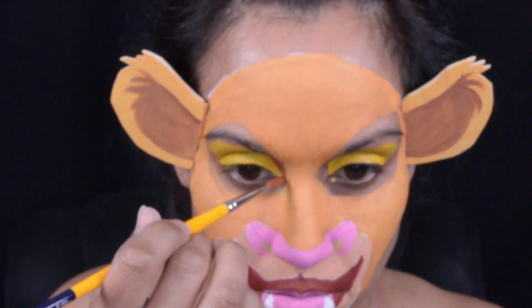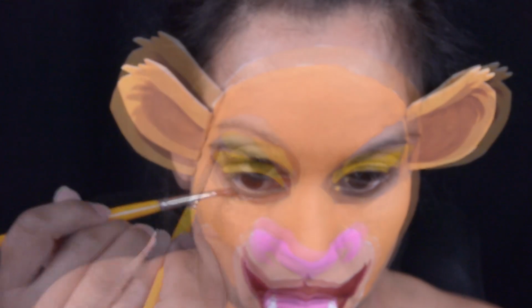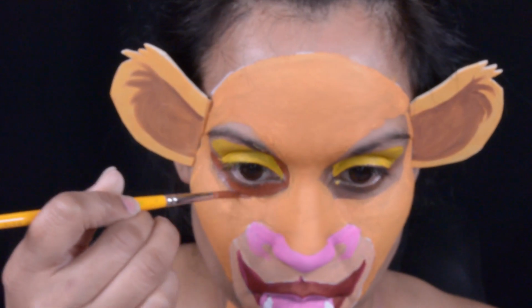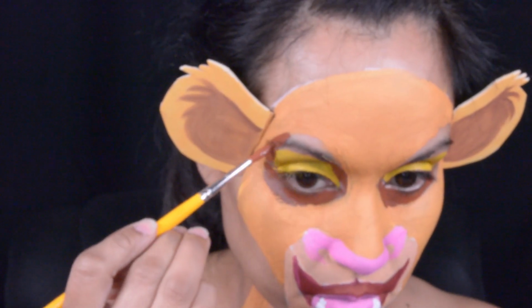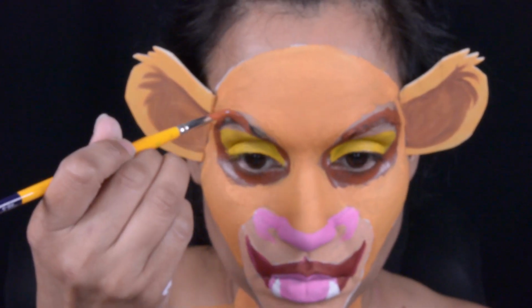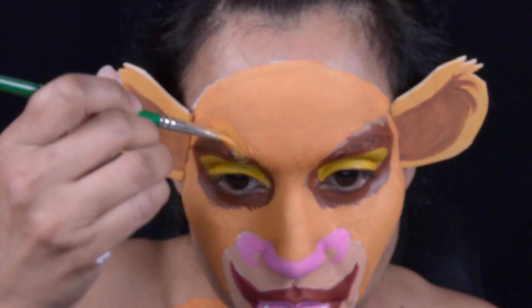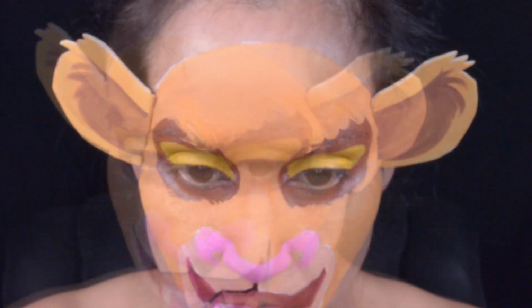And her eyes are yellow inside, even though I've seen some where her eyes are white, which is really weird, but okay. So she's got yellow eyes, and around the eyes she has brown, and then her eyes are actually this purplish color, a lavender color. So I'm using yellow from Paradise, and around her eyes I used brown, and that is brown from Fab, and it's called Indian